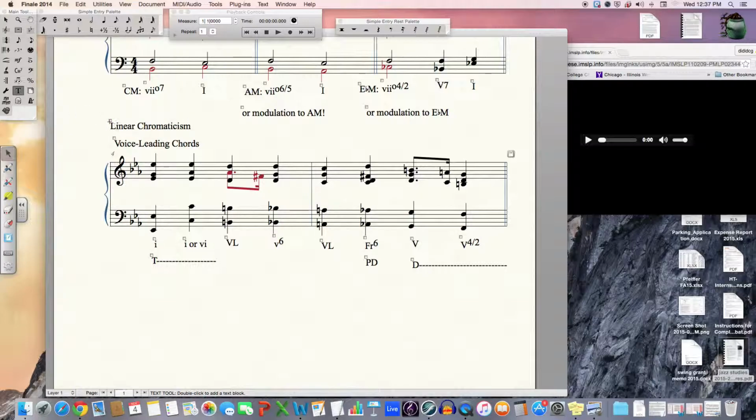Linear chromaticism being a concept that is related to everything else in this chapter, specifically the idea of using passing and neighboring chords, which is a way of combining, as Elizabeth Marvin writes, embellishing tones vertically so that you can expand this idea of